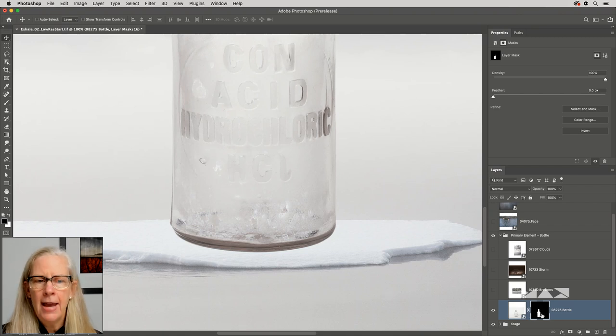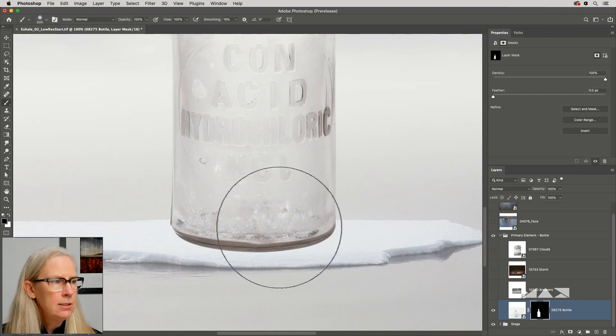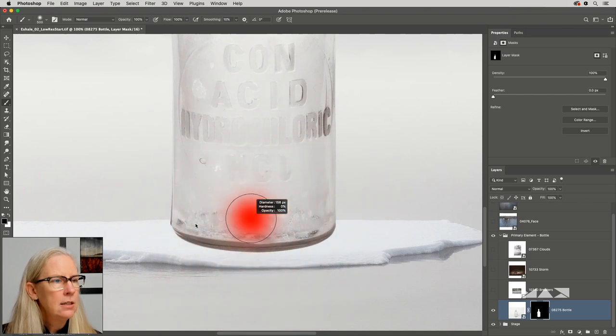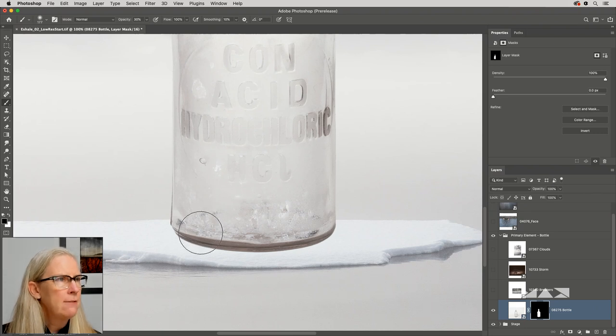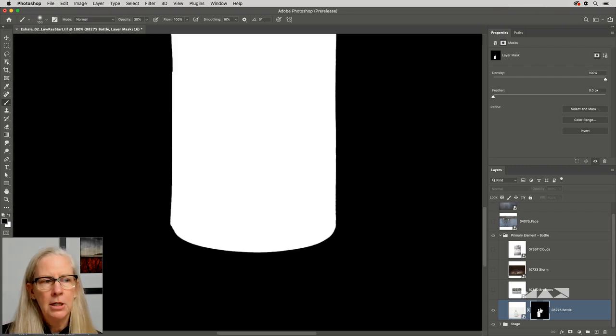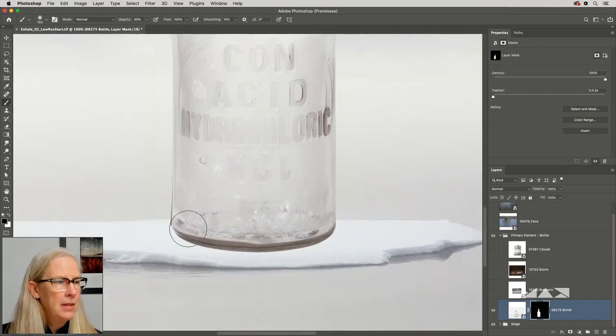So with that mask still targeted, I'm going to switch to the paintbrush, get a little bit smaller brush and tap the 5 key to set it to maybe 50, you know what, maybe 3 for 30%. And I'm going to want to paint with, let's look at the mask right here, Option click on it. I want to show more of it, so I'm going to paint with white, right? Well, I've got black as my foreground color, so I better exchange them. A little smaller brush.